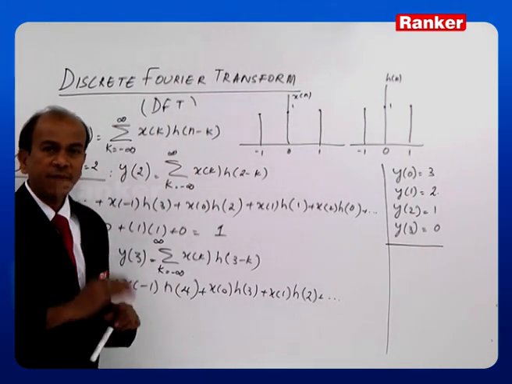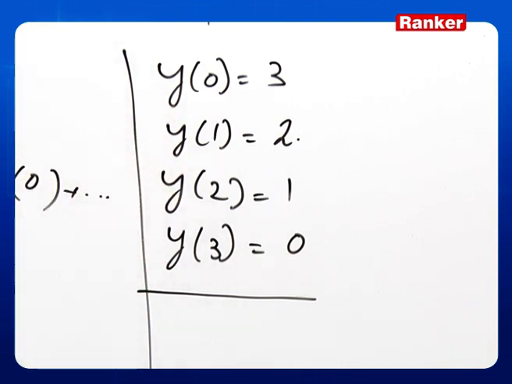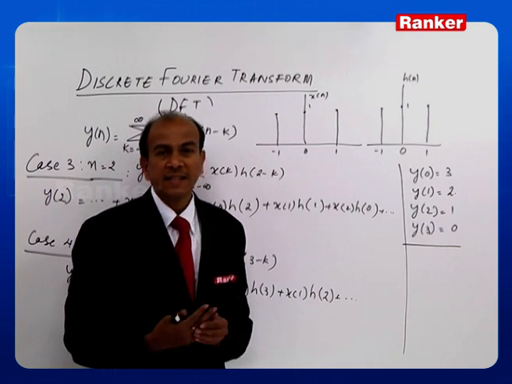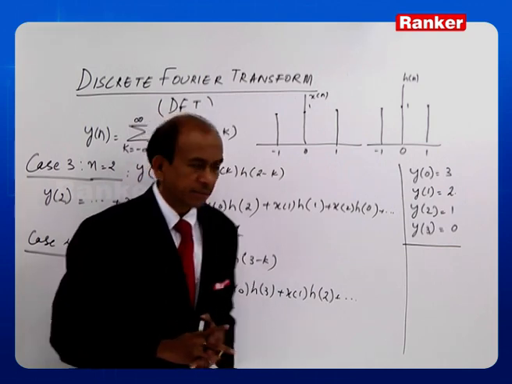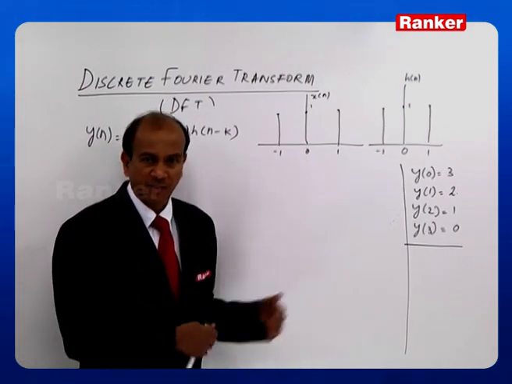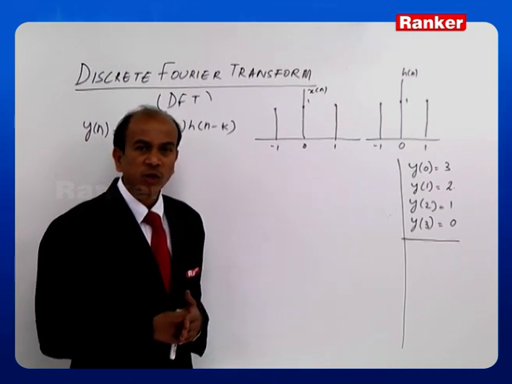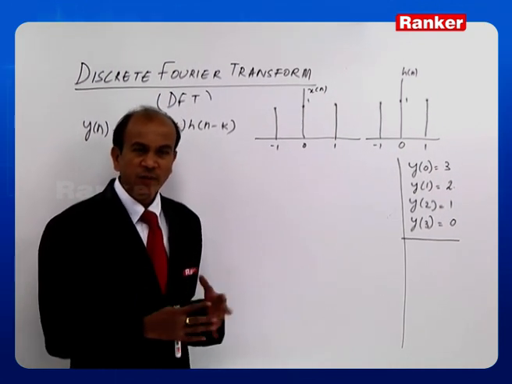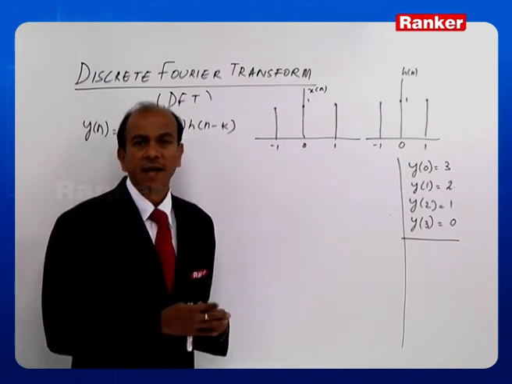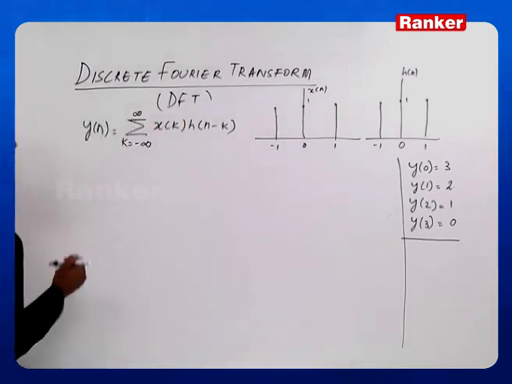Now, so far what have we done? We have taken n as positive. So, n is 0, 1, 2, 3. Now, let us calculate for n is equal to minus 1, n is equal to minus 2, n is equal to minus 3. How will your sequence look like? We have considered the case for n is equal to 0, plus 1, plus 2, plus 3. Let us look at what happens when we take n is equal to minus 1, minus 2, minus 3. So, that we will get a basic understanding of how your system is getting convolved in a certain range of values. Let us start with n is equal to minus 1 now. That is case 5,